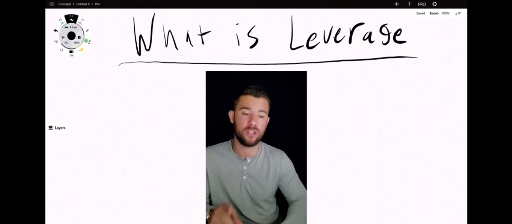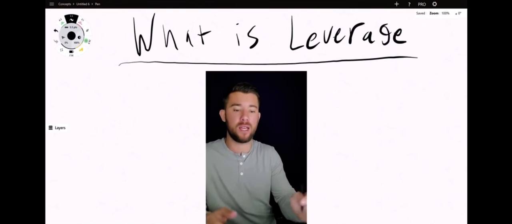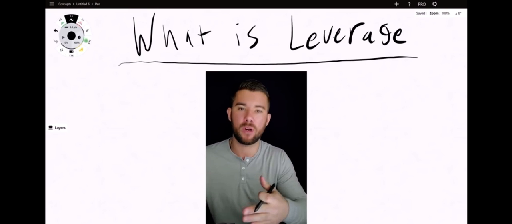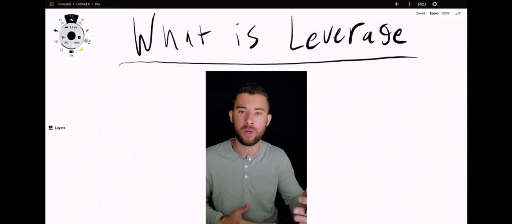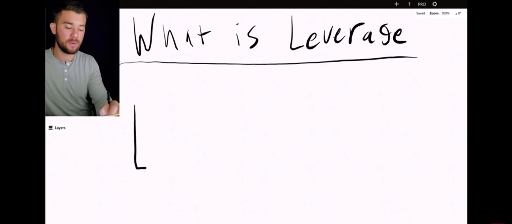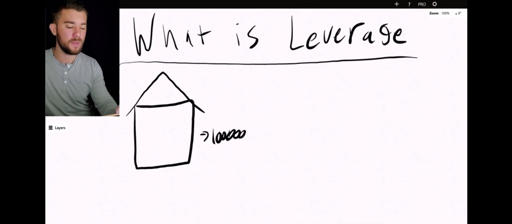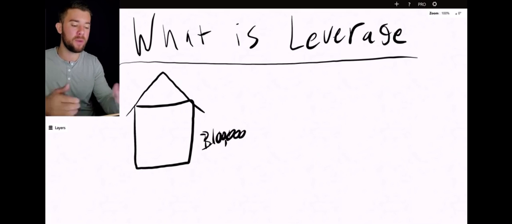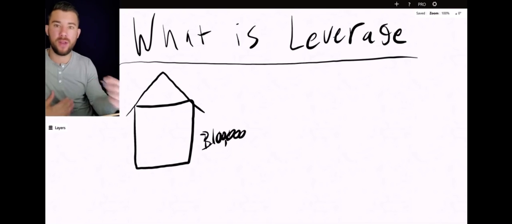And the way we're going to do that is by using an example of the housing market. Let's say, by the way, in the housing market, when you want to get a loan for a house, you actually need 20% down on that property in order to purchase it. So let's say you find a property that you want to invest in, and this property is $100,000. In the case of this property being $100,000, how much of a down payment do you need in order to buy this house or invest in this house? You need